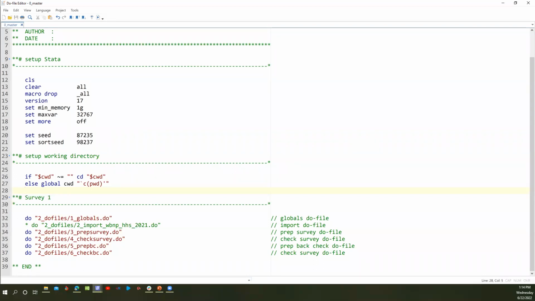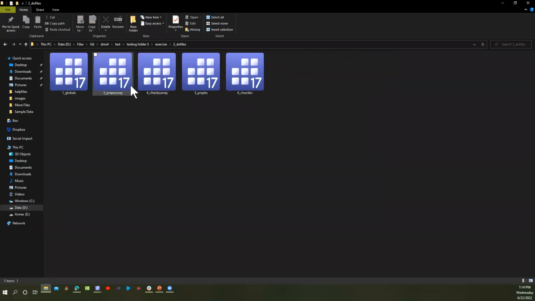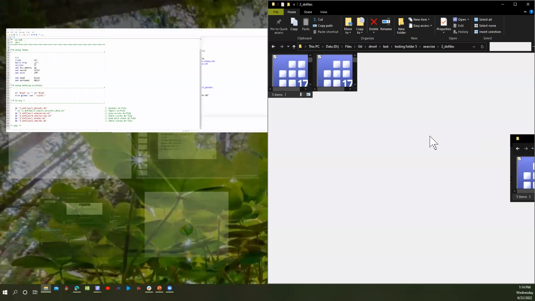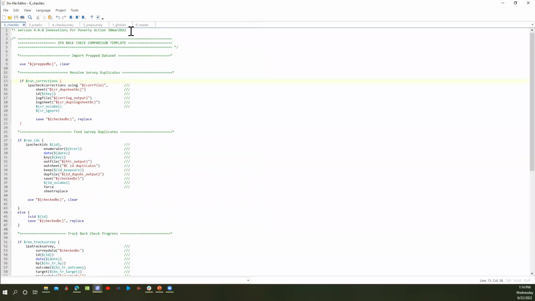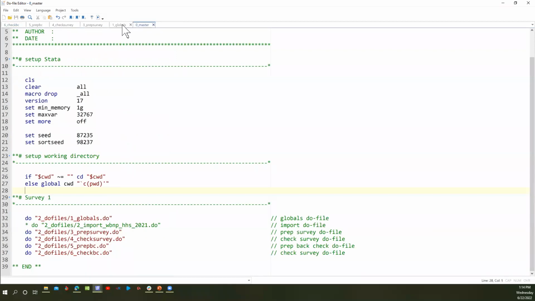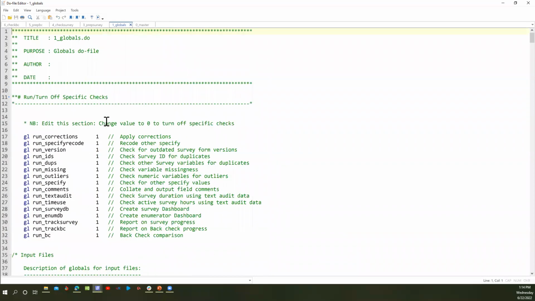All right, so I will just move on. You have your do files folder here, which contains the do files that you need to run. You have the globals, and I'll just pick those do files and put them in the editor so we can go through them. You have your globals do file, which is probably one of the most important do files that you need to familiarize yourself with.